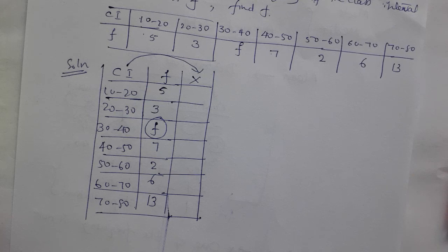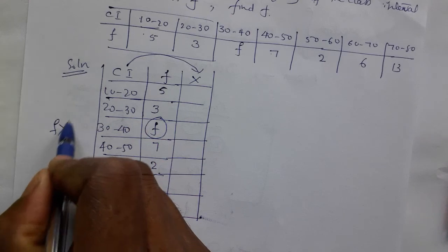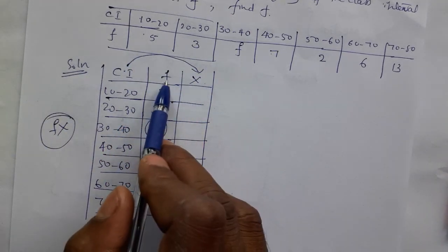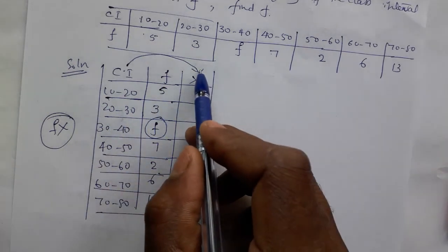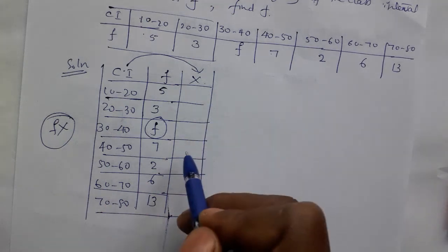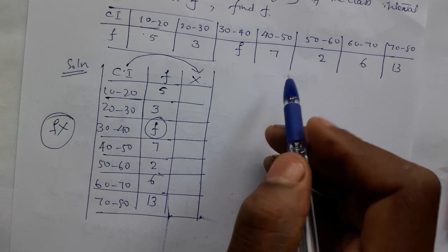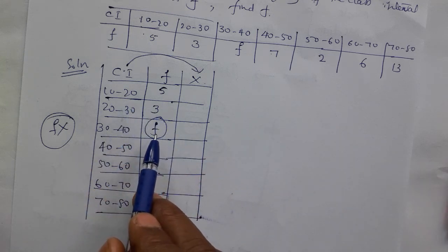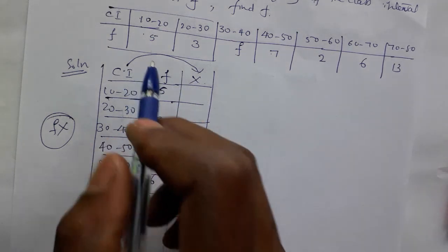always use the direct method. In the direct method, what we have to do? The direct method is called the fx method. So we'll convert the class interval to x, then multiply f and x, then it is finished. But in the shortcut method, we have to convert x to d by taking an assumed value and subtracting. That d is converted to t in the step deviation method by dividing. Those things are not required. Once the given problem has an unknown frequency, better you go for the direct method only. So let us follow the direct method.